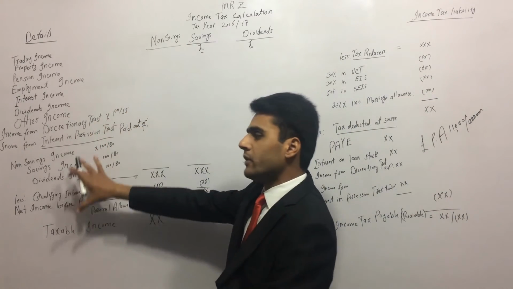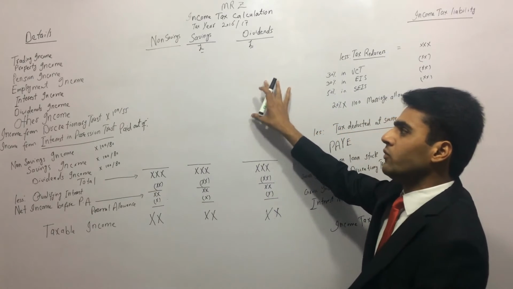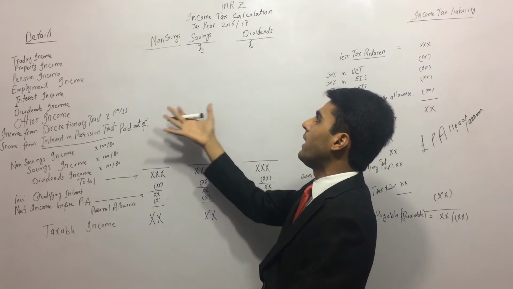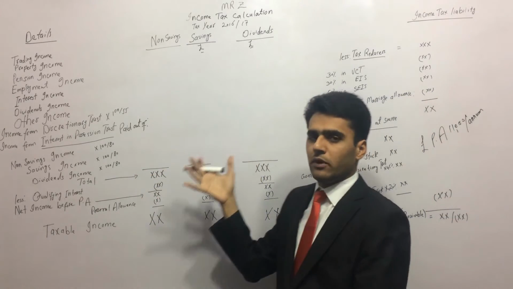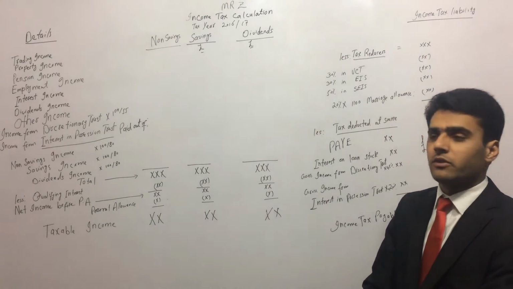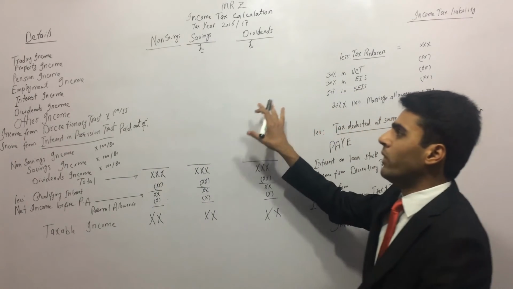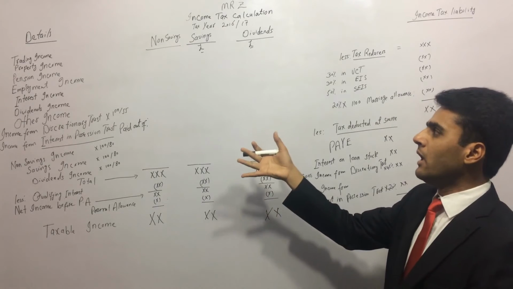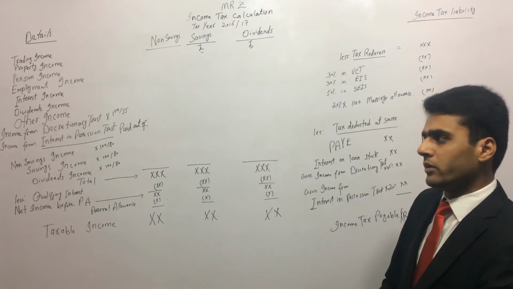Now these are all the sources of income. As chartered accountants, we divide the tax income. Tax people divide the income into three different sections. The first section is called non-savings, then savings and dividends. Now all of these sources of income will go in one of these columns. We will see later which source of income will go in which column. But for now, we are looking at the sources of income.